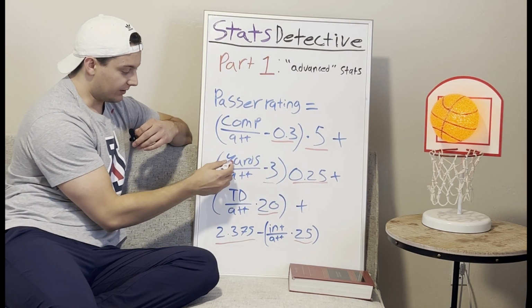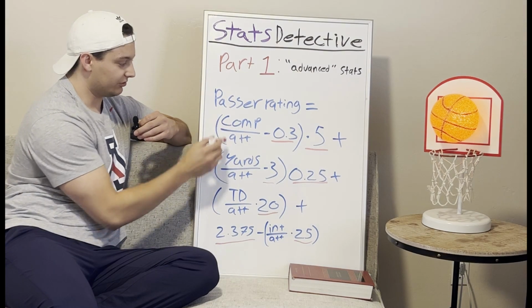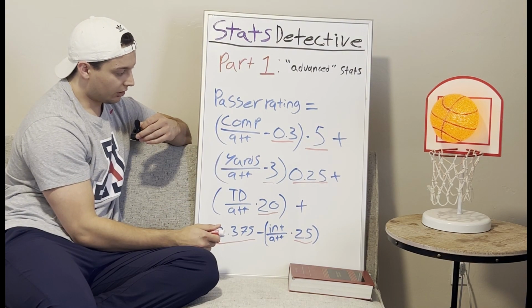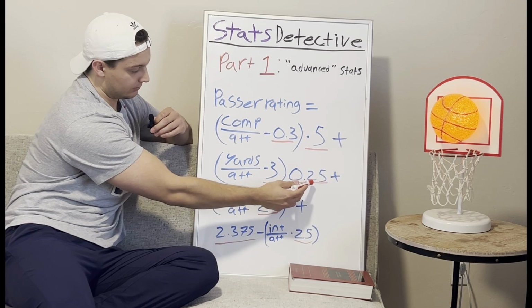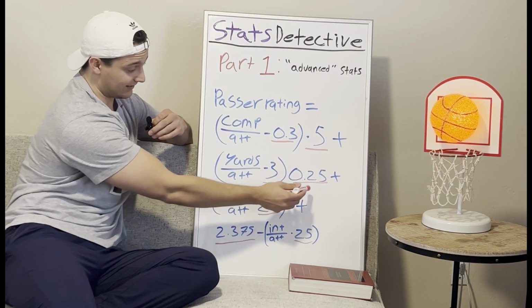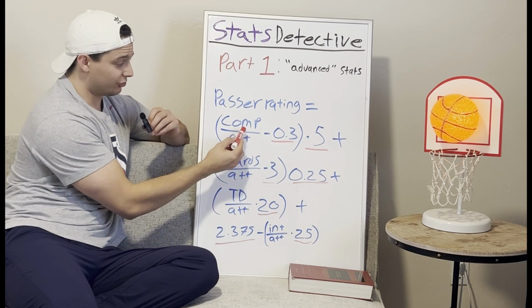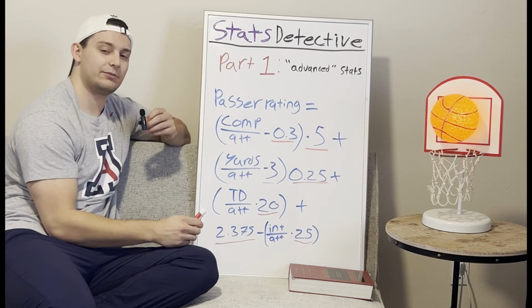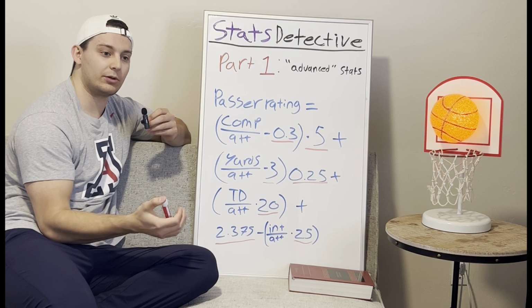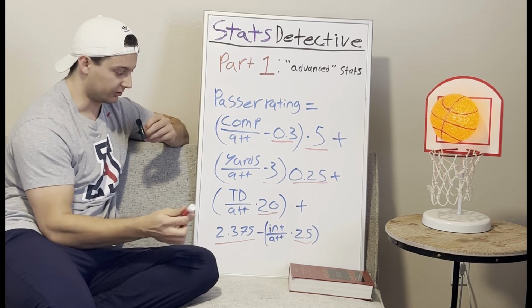So we know that yards are much easier to come by than completion percentage, but are yards, let's see, 4 times 5, 20 times easier to come by? So you're saying that every yard is worth 1/20th of every completion you get. Well, that's basically saying that you should be throwing 20 yards every pass, and that's not true.